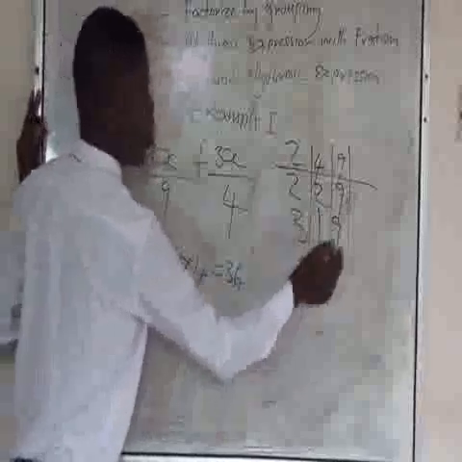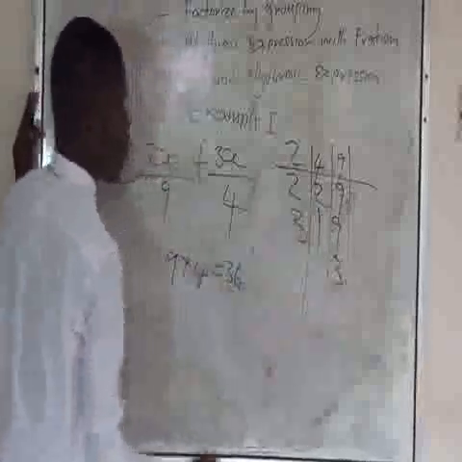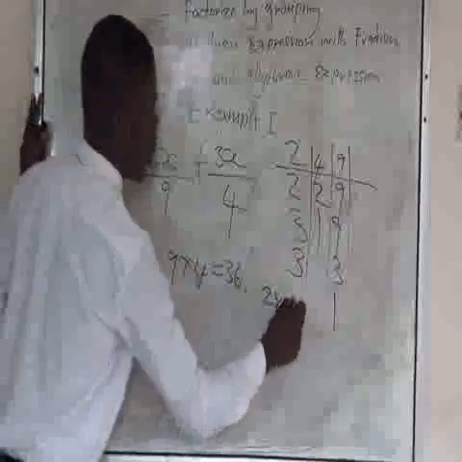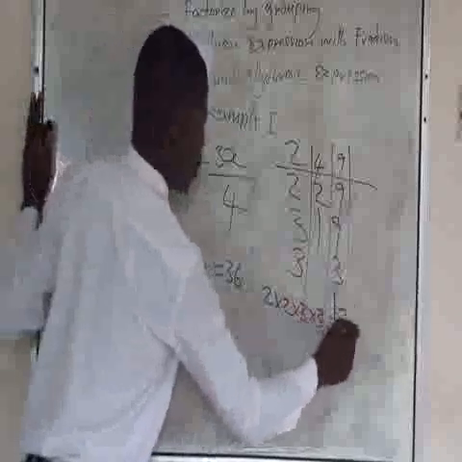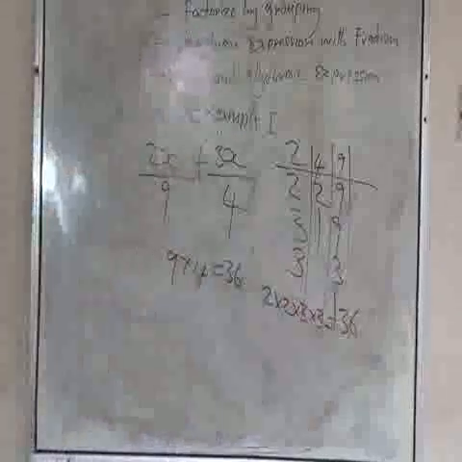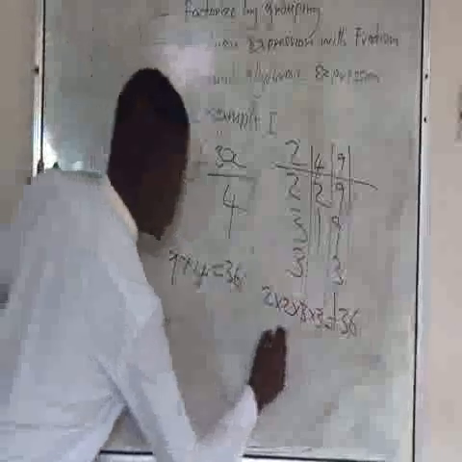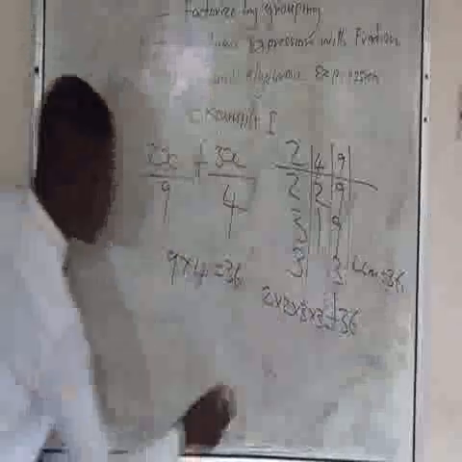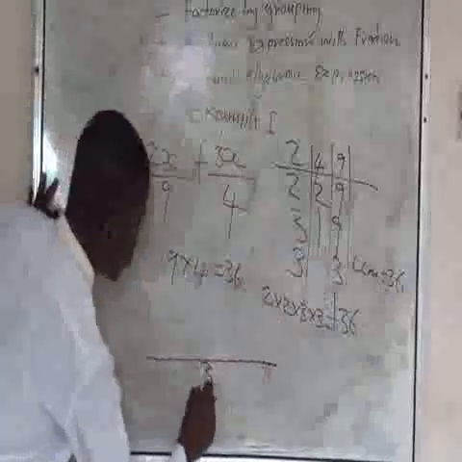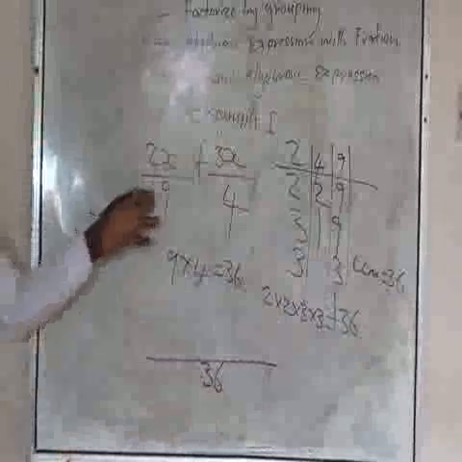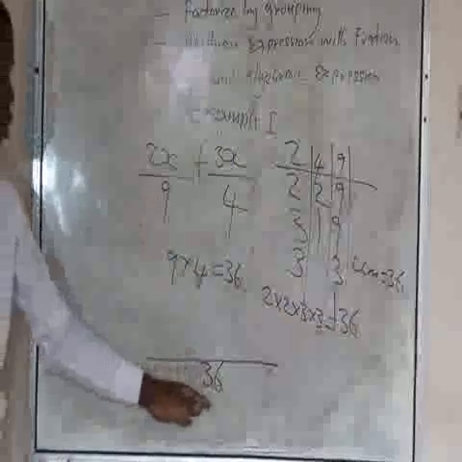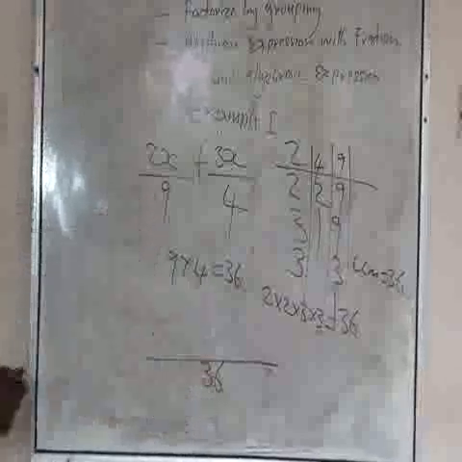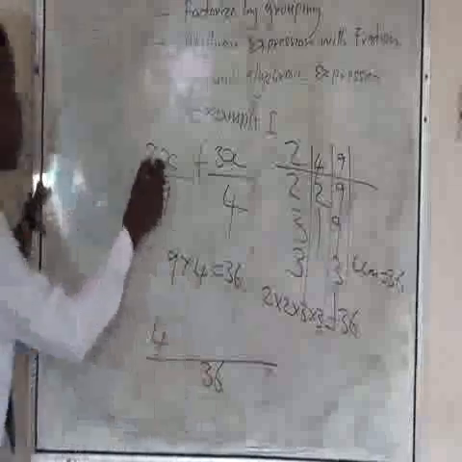2 can go to give you 1. 2 cannot divide 9. Bring down 9. 3 can go to give you 3. 3 can go to give you 1. So we multiply 2 times 2 times 3 times 3 to give you 36. Then this is our LCM. This LCM will serve as the new denominator. Then you use the old denominator to divide the new denominator. Let's start. 36 divided by 9 will give me 4 times the numerator